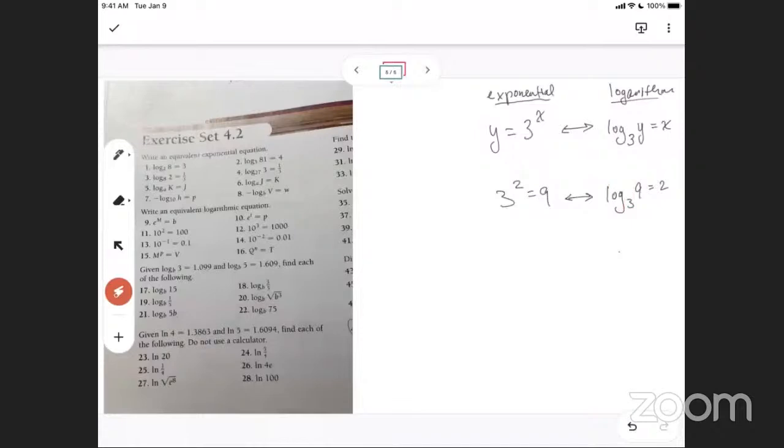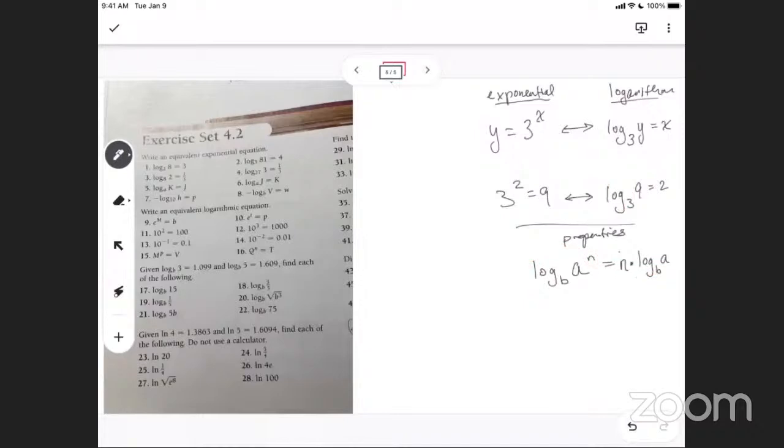Now there's properties that go along with logarithms as well. So here's some properties. And I could probably very easily just take a picture online somewhere, but I'll just write them out for you. So some properties of logarithms. If you have the log base b of something to the n power, let's say, you can take that n, that exponent, and bring it down and make it a factor. That's one property. You can take that n and drop it down to the front. Okay, that's one of your properties.